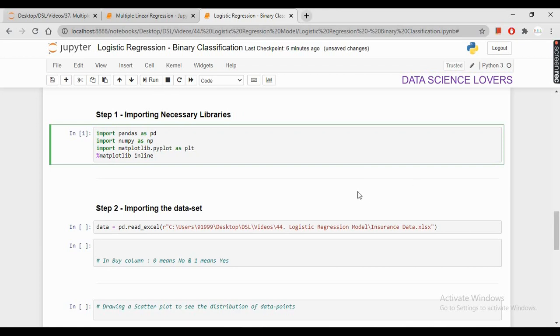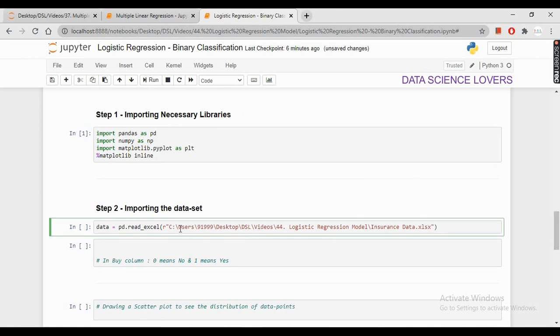The next step is importing the dataset on which we will work and build our model. I have considered a very small dataset here for your better understanding and just for explanation purposes. In the real world scenario, you will get a large dataset on which you have to work and get the output. So I am importing the dataset.